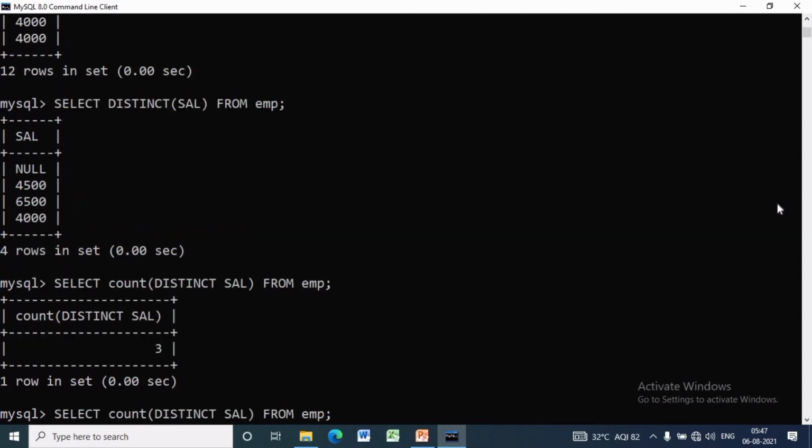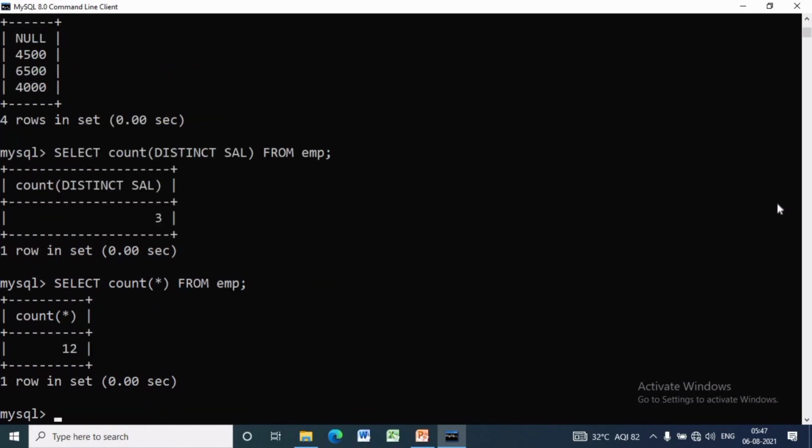Instead of DISTINCT SAL, if you write star, then it will return the number of rows in the EMP table including duplicates and null, and as you can see the result will be 12.